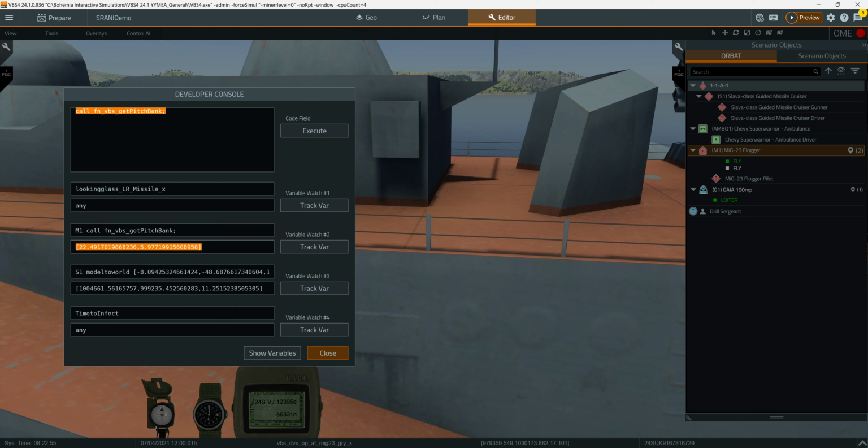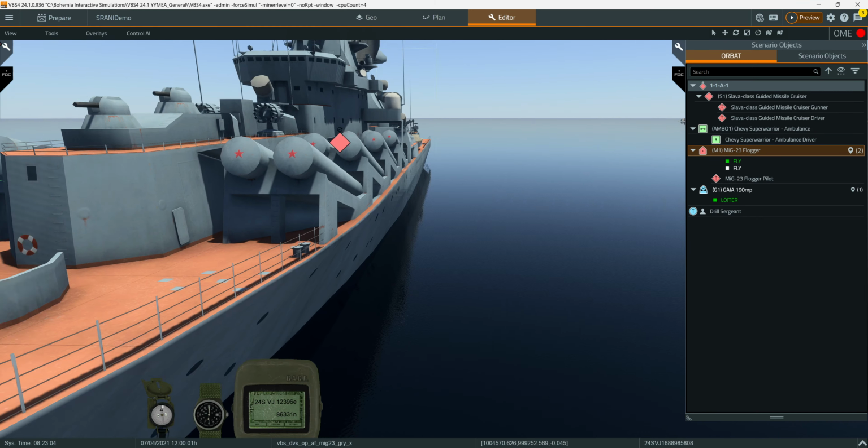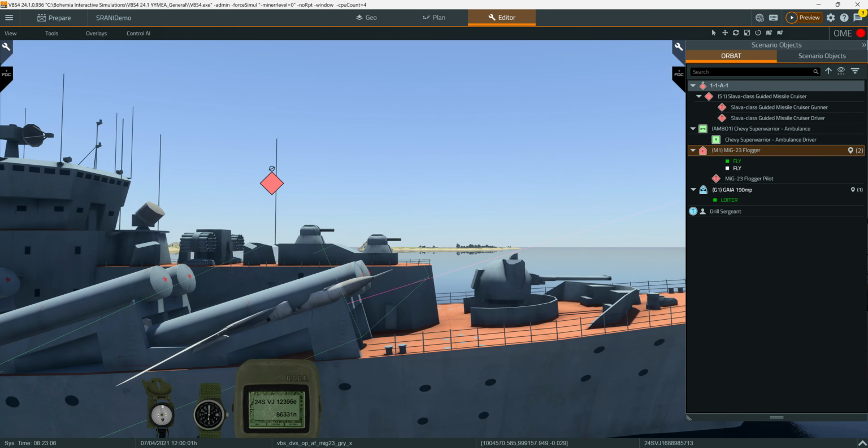Alright, so that's going to give you its pitch currently, and it should be 0, and it will be 0 when you start it. The first number is what I'm looking for. How angled is it? It's about 22 to 23 degrees pointed up. Alright,